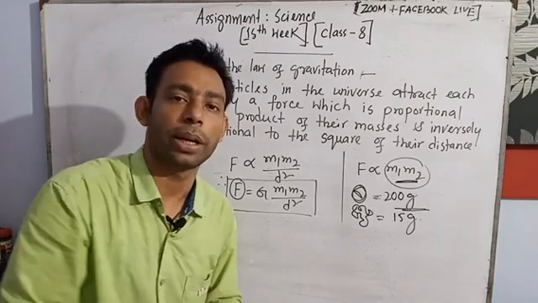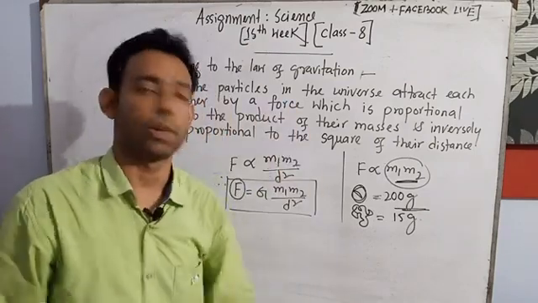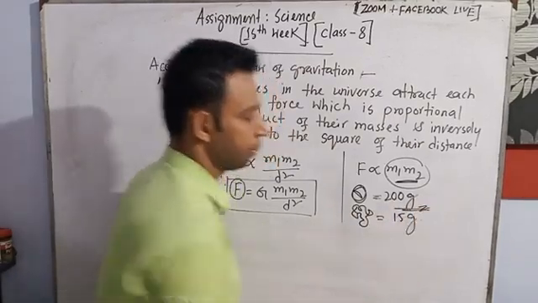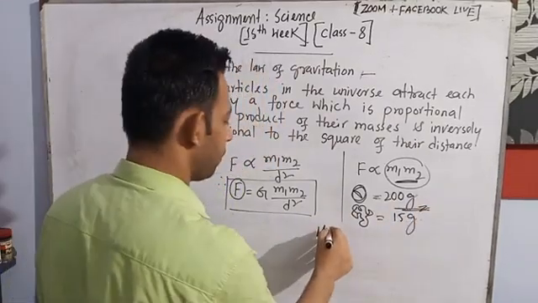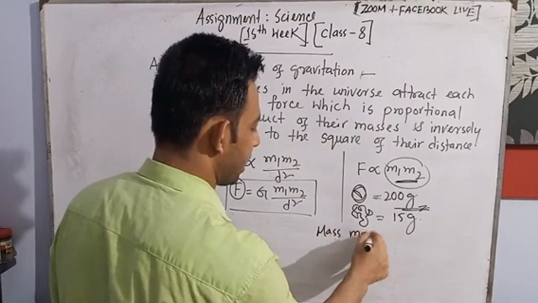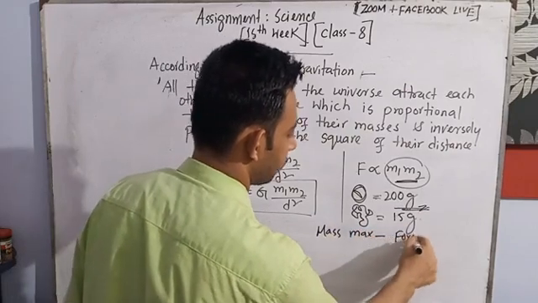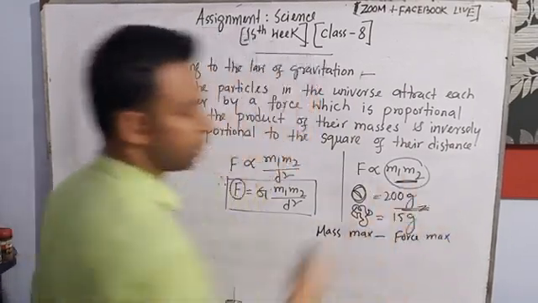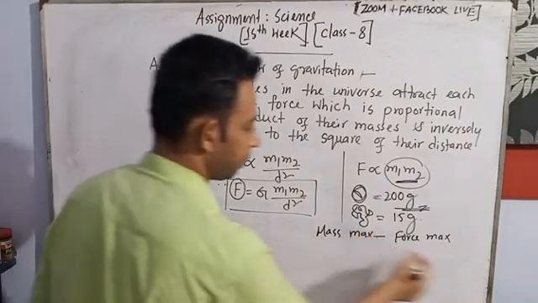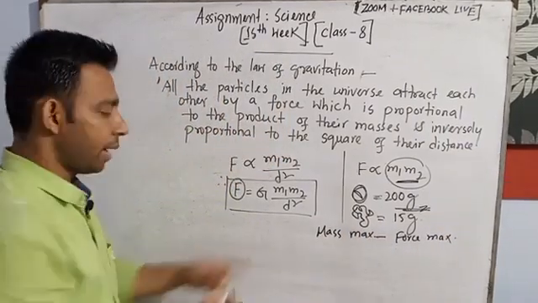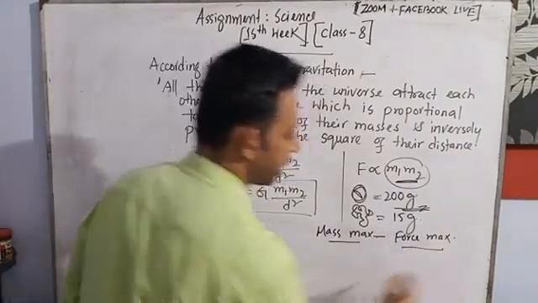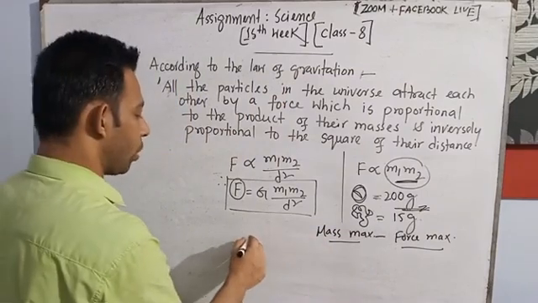The acceleration due to gravity is the increase of the velocity. Since mass is maximum, force is maximum. And if the mass is maximum, the force is maximum, so the heavy ball